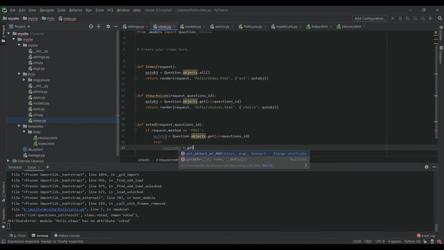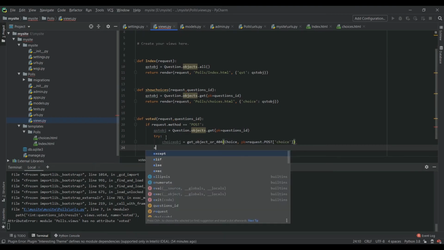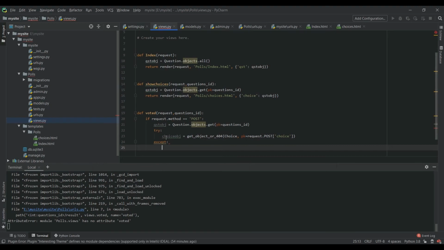Sorry, it's going to be get object or 404, which is going to be a choice, and we pass an object with it. It's going to be request post of choice, and we are going to except, which returns an HTTP response,